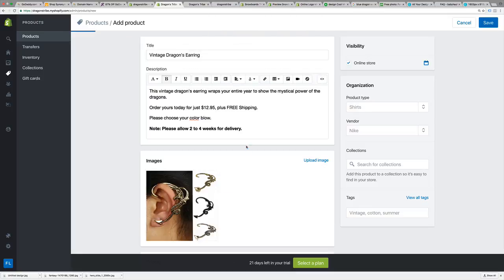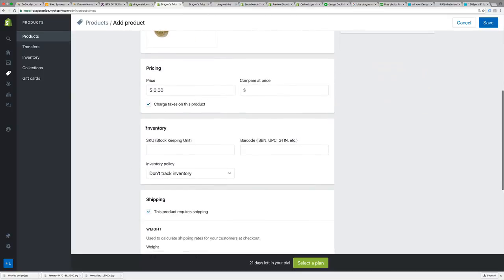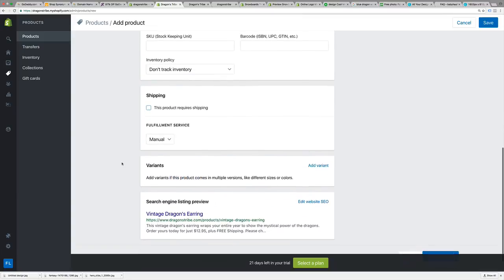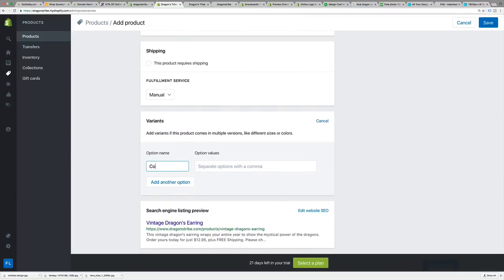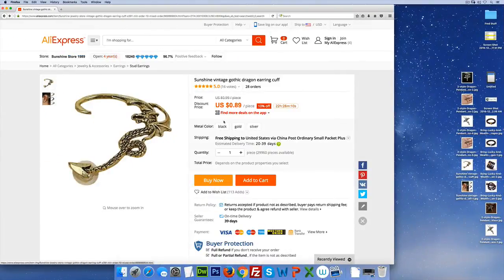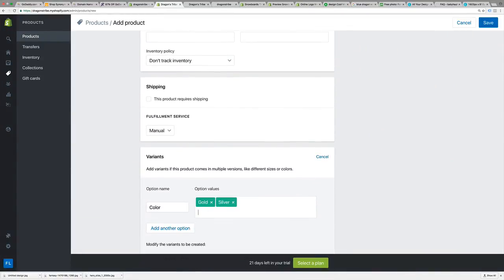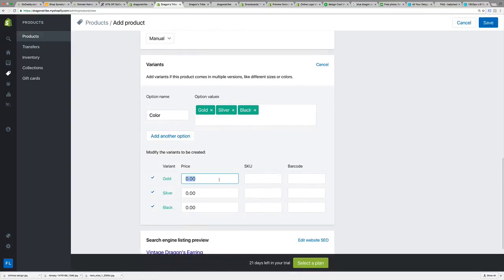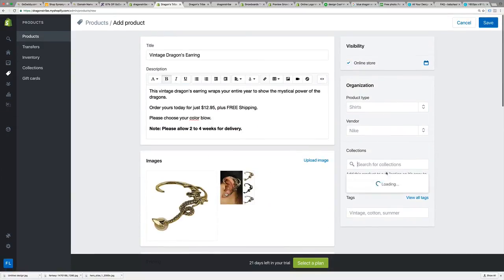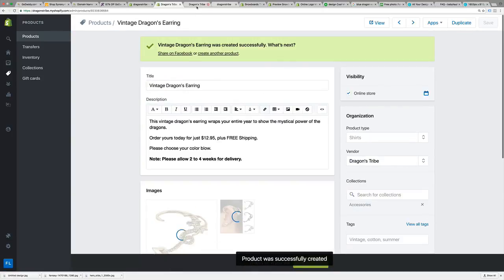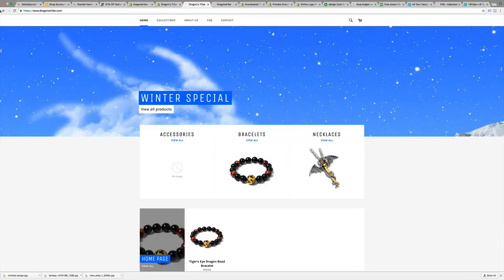These are the 2 products. This is going first. And then not gonna charge shipping. At variant, color, and we have, what color do they have? Let me go back here. Black, gold, and silver. Okay. Gold, silver, black. $12.95. $12.95, $12.95, and simply just press accessories, and press save. And now when I go back to the site, if I refresh this,